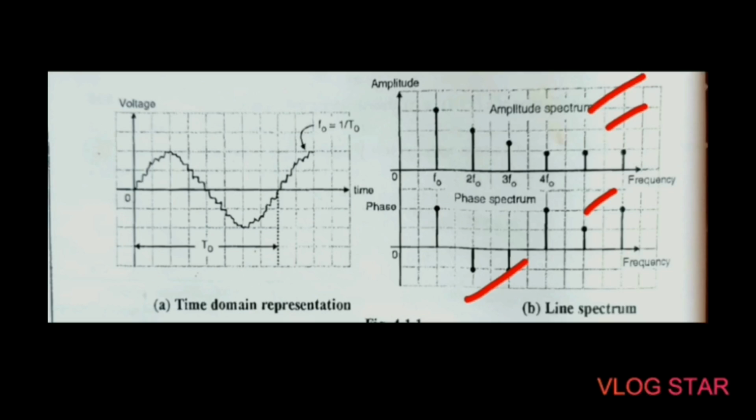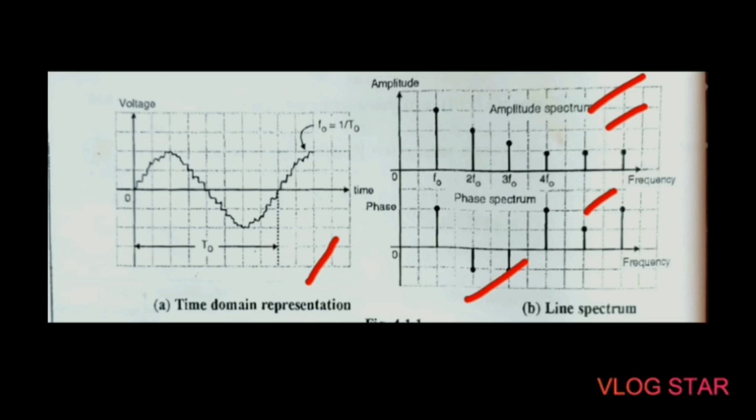The graph of instantaneous signal voltage versus time is called the time domain representation. We can see the time domain representation in this figure A. This time domain representation gives us the following information like shape of the signal, its frequency, the type of the signal, whether the given signal is periodic or not, and one cycle period. But we cannot know anything about what frequency components are present and in what proportion they have been mixed in order to obtain the particular shape of the signal. So all this information can be obtained from the line spectrum of a signal.